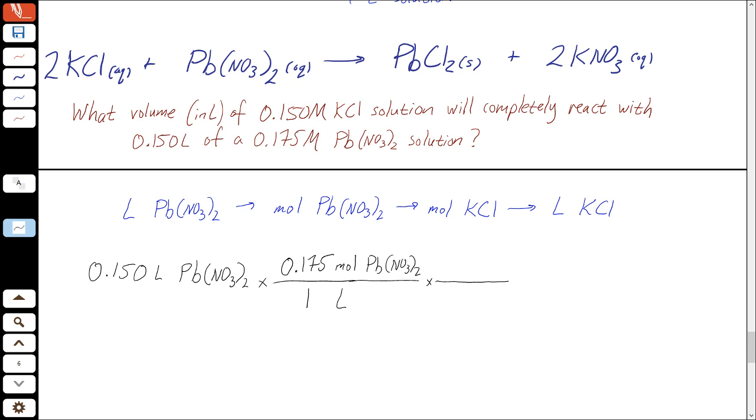Our next term is exactly what we did before, using the coefficients from the equation to figure out how much of one reactant we need based on the other. In this case, we're going from lead 2 nitrate to KCl. So we're going to use our numbers from the equation, which are 2 and 1. Just like that. And then our last term, again following the units,